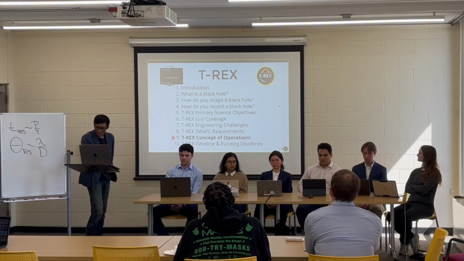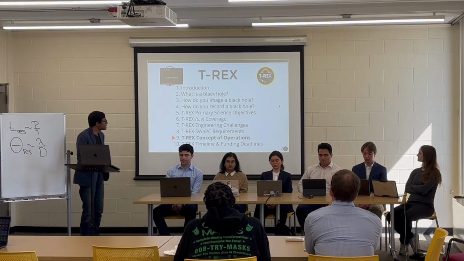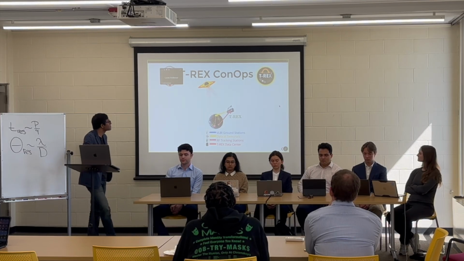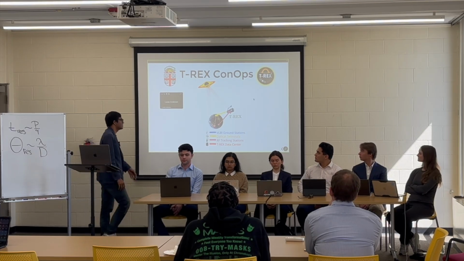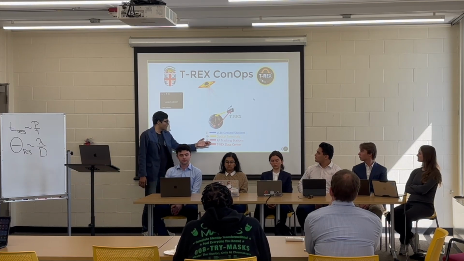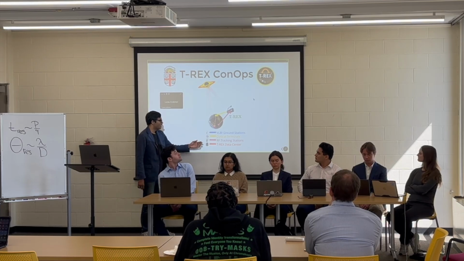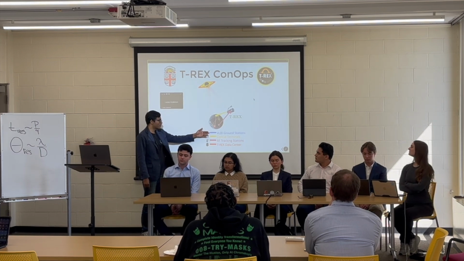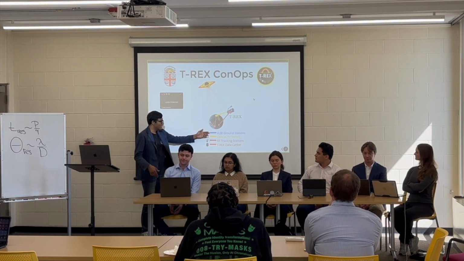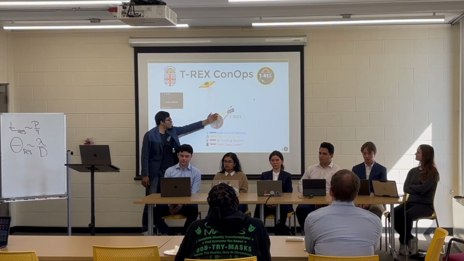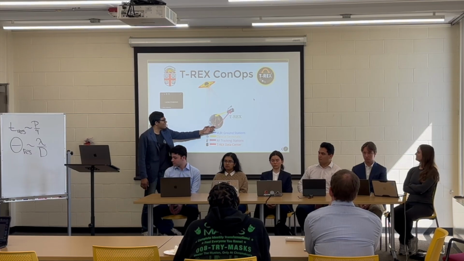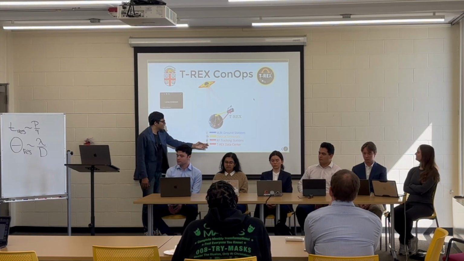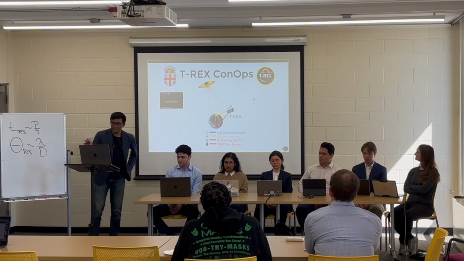So I'm going to cap it off very soon. This takes us to the concept of operations for the T-Rex mission. The T-Rex mission would essentially require 4 kinds of supporting ground infrastructure. Telescopes on the ground that operate at 86 gigahertz that can co-observe with us. This could be Haystack, Green Bank, potentially next generation EHT. Optical terminals to transmit data down to the Earth. Tracking stations that can uplink commands to the satellite, and a data center where all of the information can be